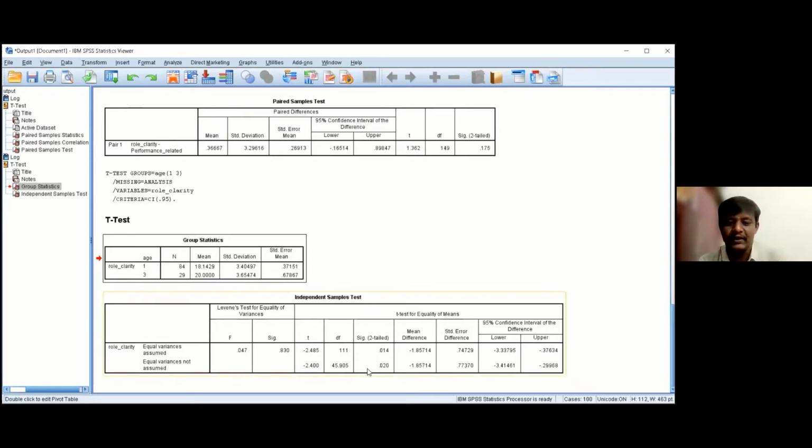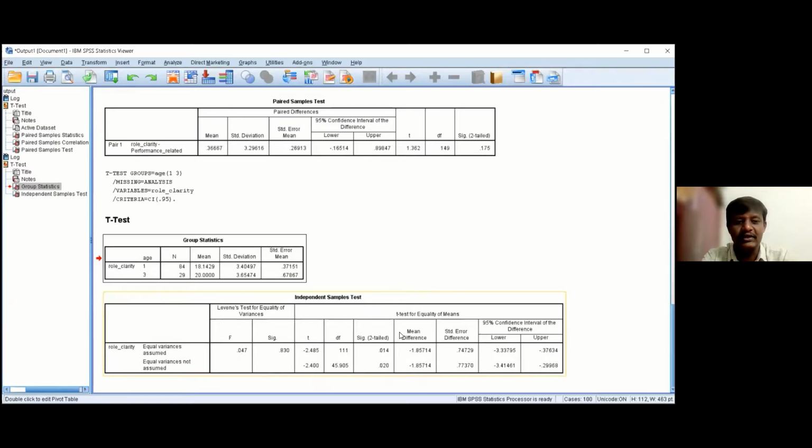Okay, right. So here the p value, what we got is 0.014, which is less than 0.05. So we are going to accept the null hypothesis, and we are going to conclude that there is no significant difference in the mean value of whatever we have selected, performance related, right? So performance is not based on age or whatever variable you have selected. By comparing that x variable and y variable, we can come up with an interpretation.